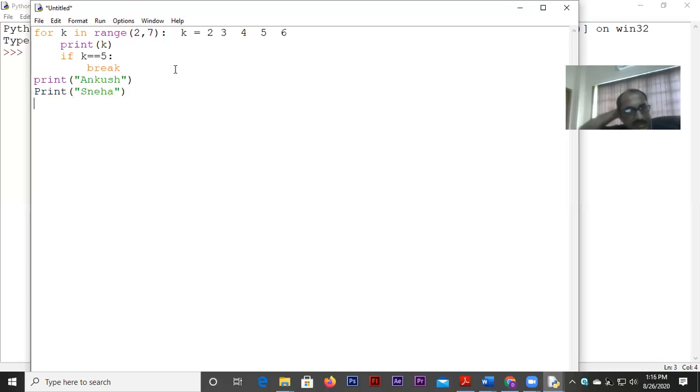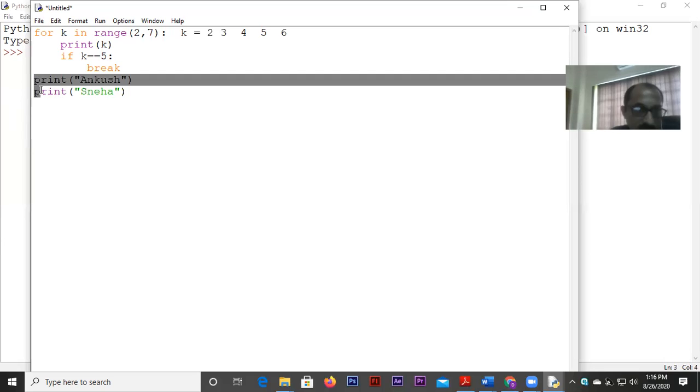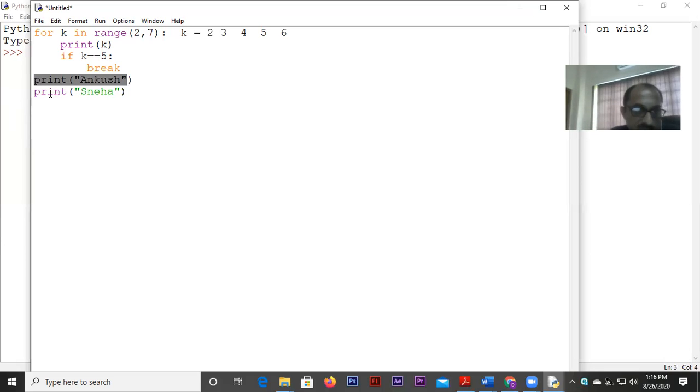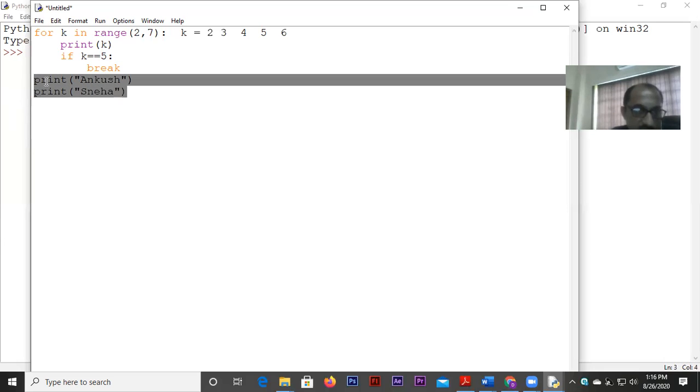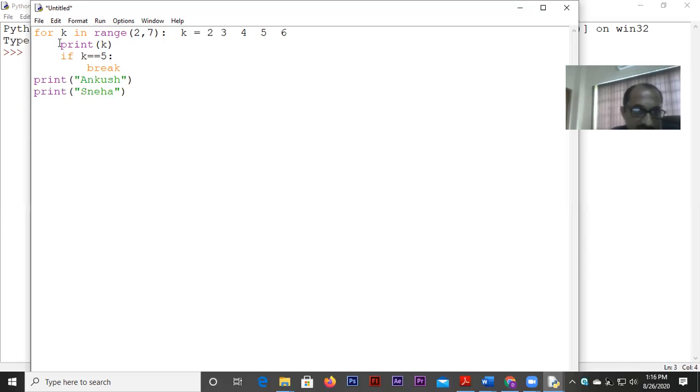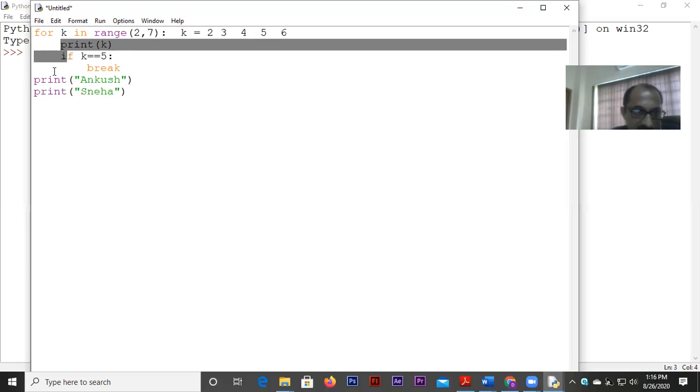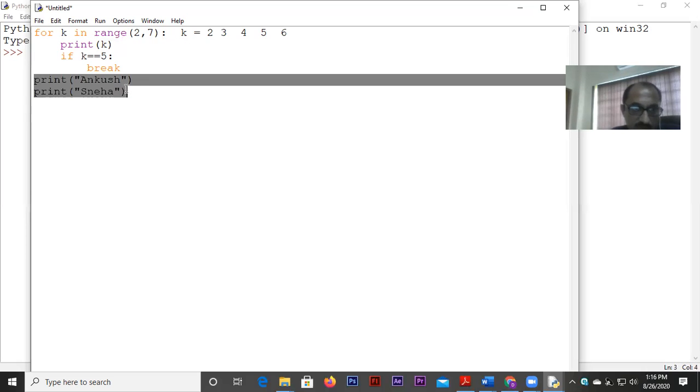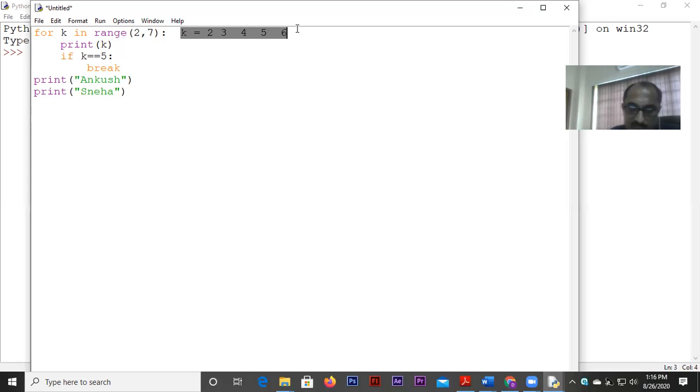So these two lines, print Ankush and print Sneha, you can easily make out that these two lines are not part of the loop. Why? Because I told you that if it is supposed to be part of the loop, then these two lines will be shifted to the right side, in the same line as the print inside the if. But since they are not in the same line, they are not part of the loop.